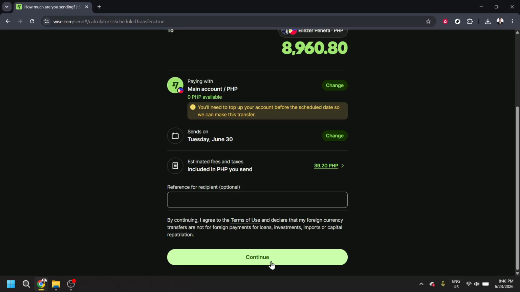If you ever need to change or cancel a scheduled transfer, you can always come back to the Scheduled section